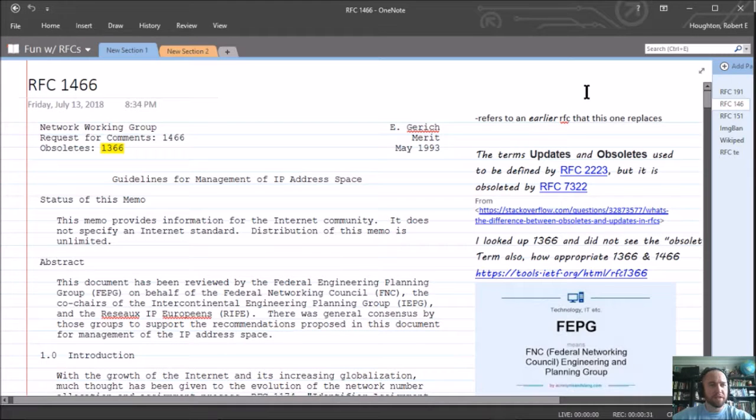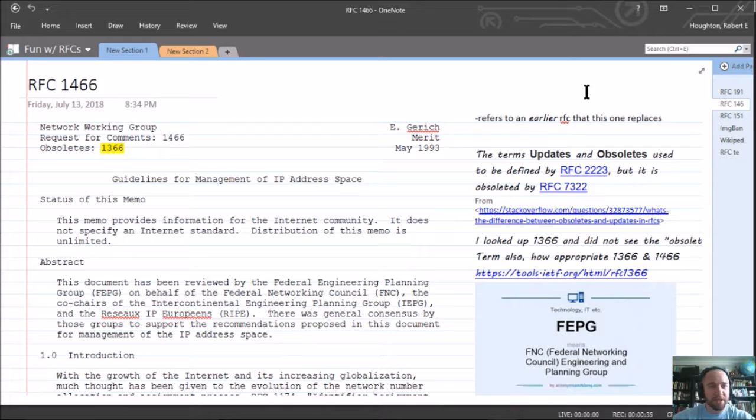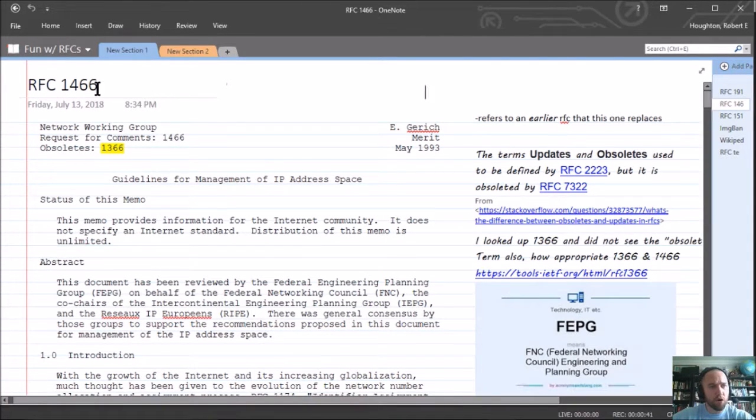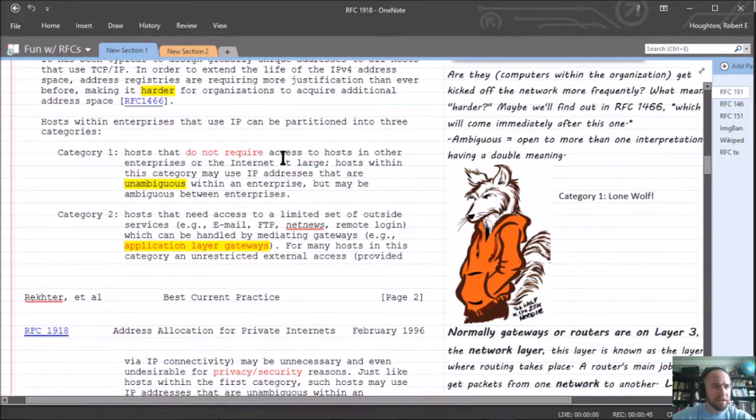Welcome to Fun with RFCs, where I take some really dry technical writing and try to jazz it up to make it a more entertaining read. This RFC 1466 was inspired by the last video I did of RFC 1918, and I'm doing this new one